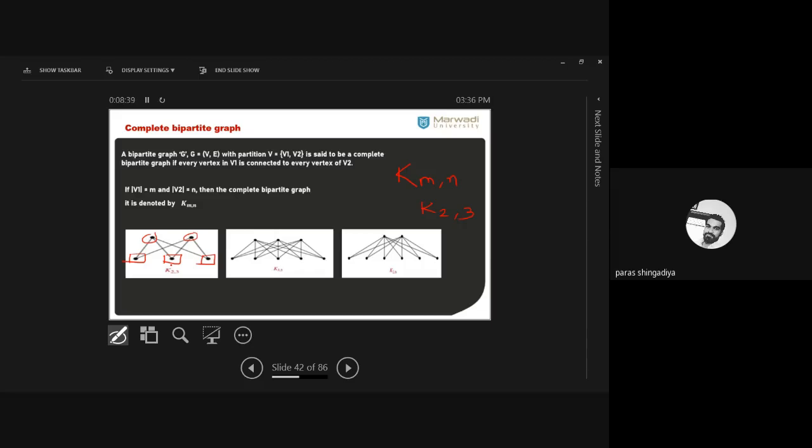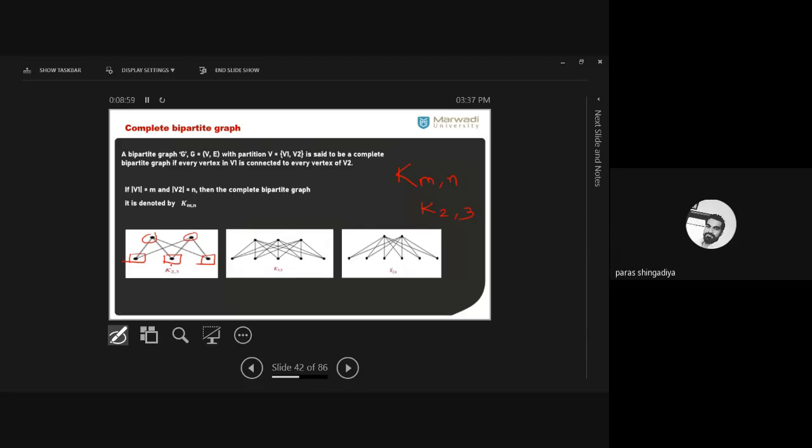How can we verify it here? Here there are 3 vertices, so what will be the degree of each vertex opposite? That is 3. Here there are 2 vertices and opposite there are 3 vertices, so the degree of each vertex of the opposite side will be 2. Clear? The degree will be 2 for all of these, and 3 here.